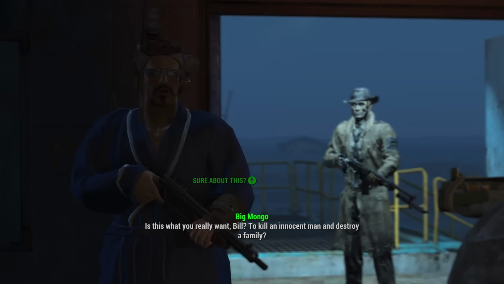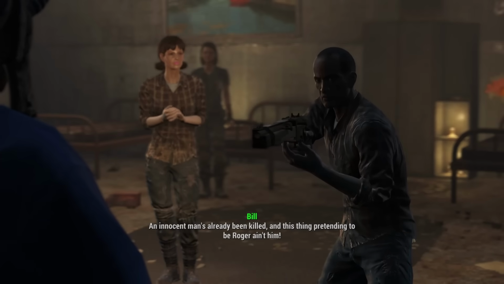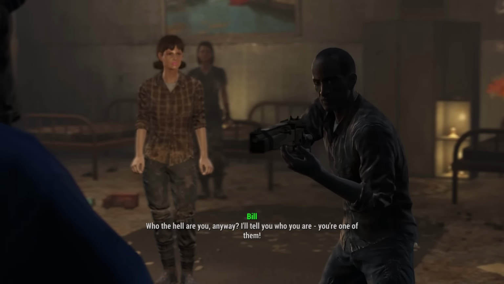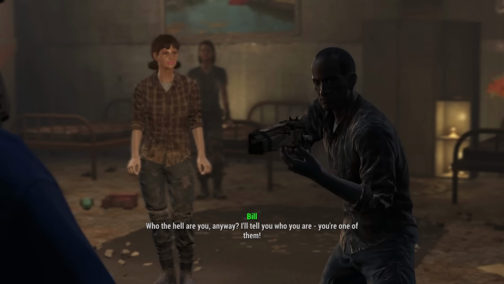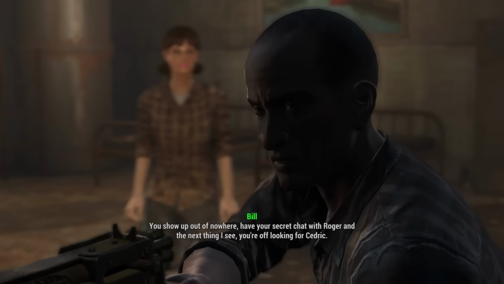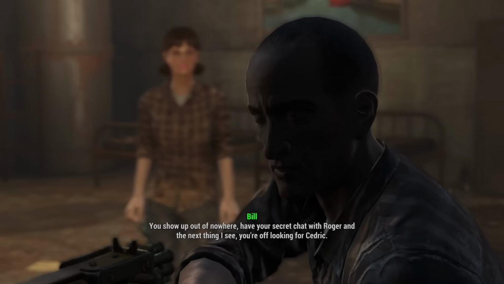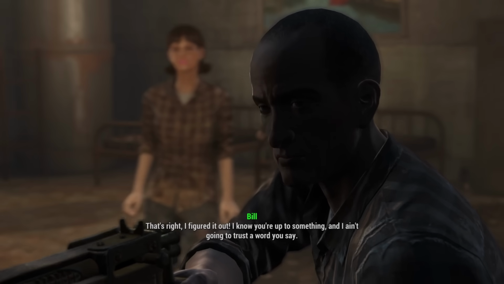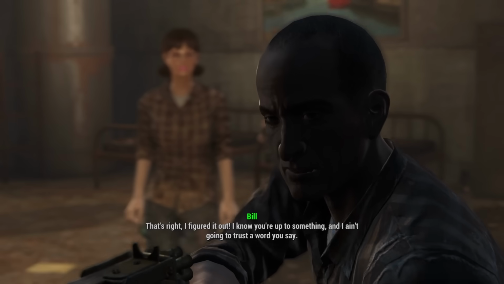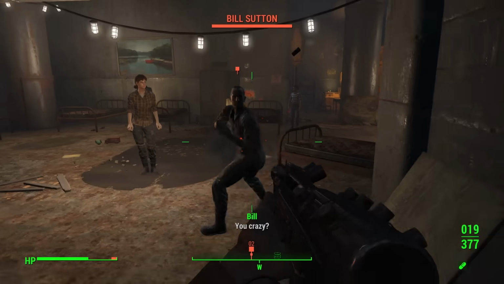Is this what you really want, Bill? To kill an innocent man and destroy a family? An innocent man's already been killed, and this thing pretending to be Roger ain't him. Who the hell are you, anyway? I'll tell you who you are. You're one of them! You show up out of nowhere, have your secret chat with Roger, and the next thing I see, you're off looking for Cedric! That's right, I figured it out. I know you're up to something, and I ain't gonna trust a word you say! I'm ending this right now. You crazy...